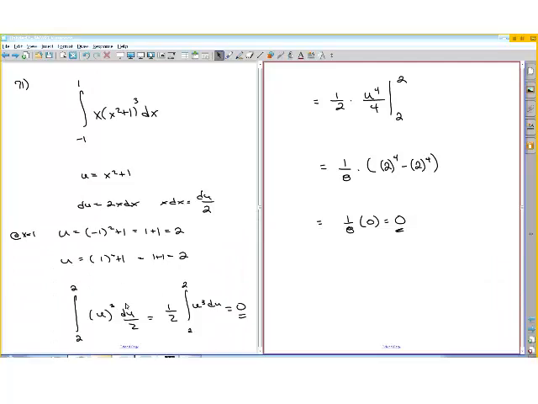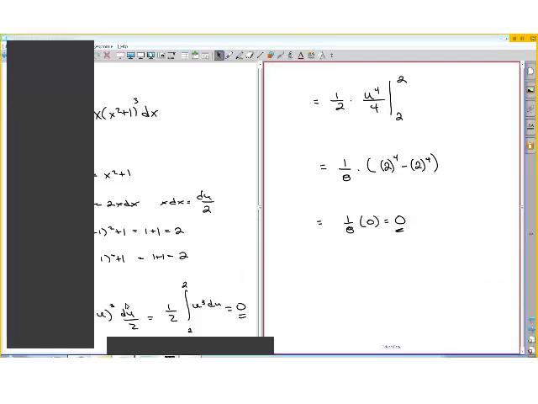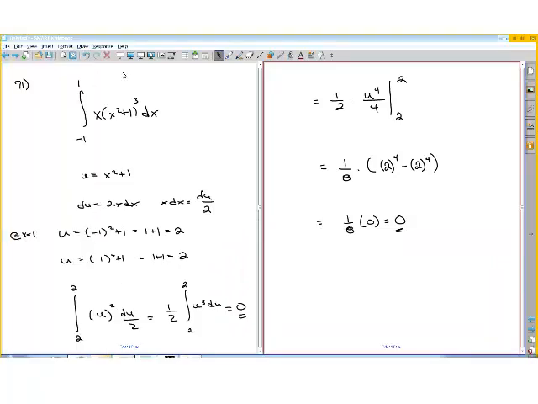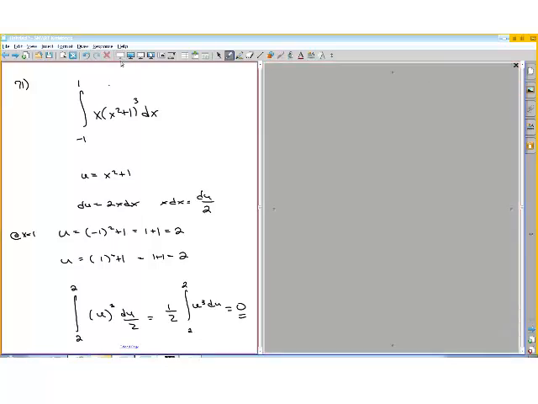Okay, well apparently I forgot to push the record button and the talk button. So anyway, this is problem 71. And this is the other way of doing it, where you change the limits and you don't have to substitute back in. So let me just explain what we did